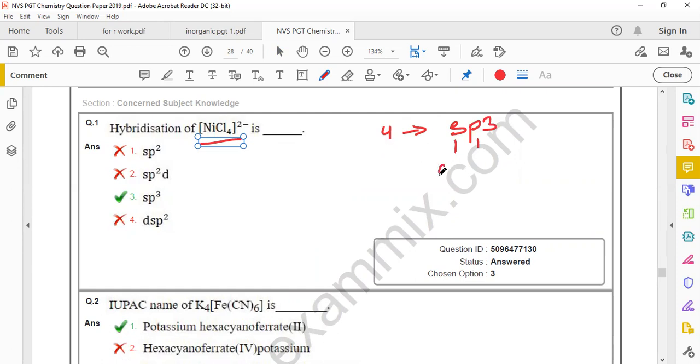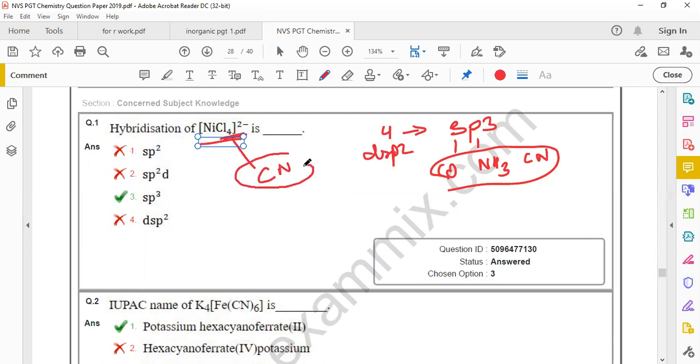If there is a carbonyl group, ammonia group, or cyanide group, then it will be the opposite. That means dsp2 will happen if, instead of chlorine, a cyanide group is there. So if cyanide, carbonyl, and ammonia groups are not there, then simply you will